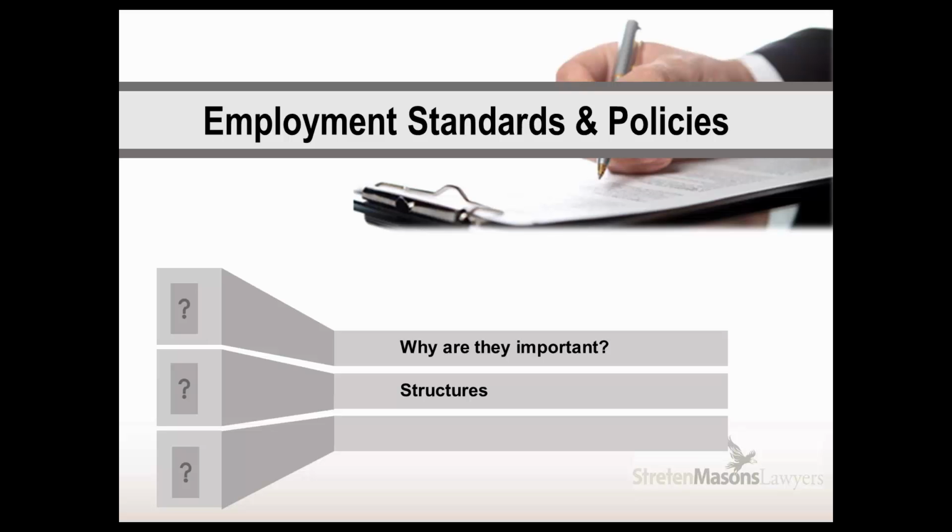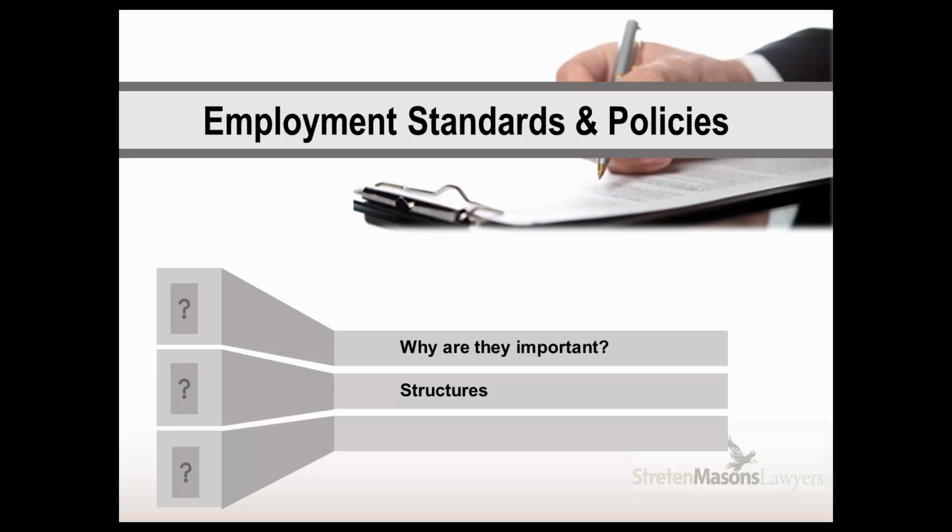The second part of employee standards and policies is the structure of a policy, and they're really quite simple, but you'd be surprised how many people don't really understand what that structure should be. There's 4 key elements. The first is an opening statement around the intention of the policy. So if it's about a certain topic, performance management, it will discuss that it's about performance management. The second part would be any definitions that are used in that policy. So if you're using any defined terms that you want to be clear about how they're to be defined, you put that in a definitions section.